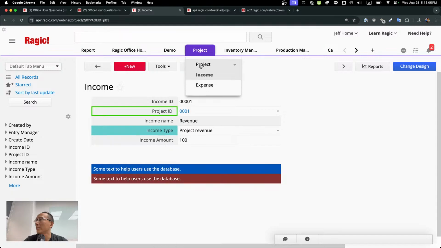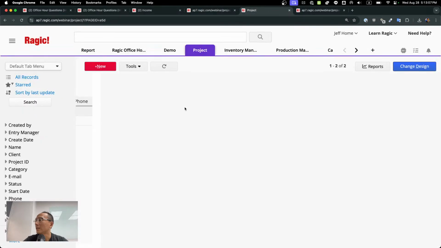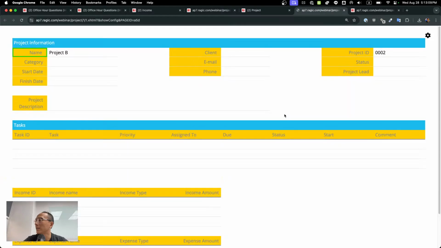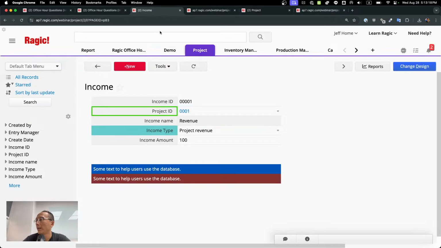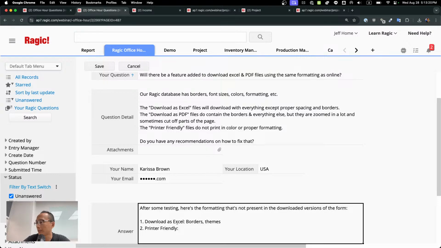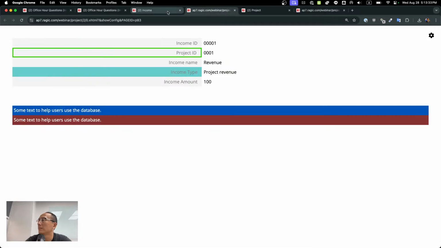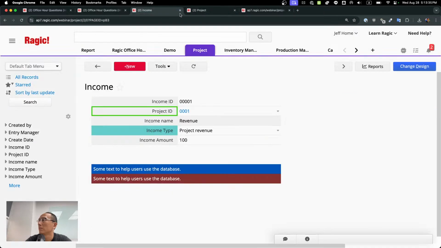Let me check the project sheet. I think the printer friendly. Yeah, the printer friendly. The themes work for the printer friendly, but just not the Excel file. And yeah, so download Excel: borders and themes, but printer friendly, I think everything works there. And proper formatting, I'm not sure what you mean by the proper formatting, but we could try